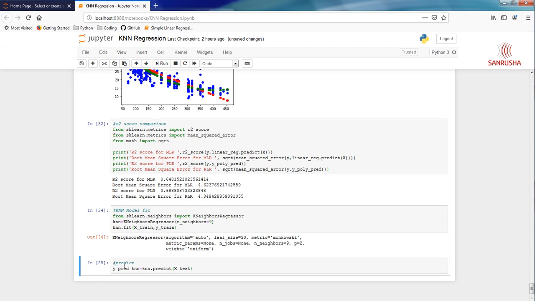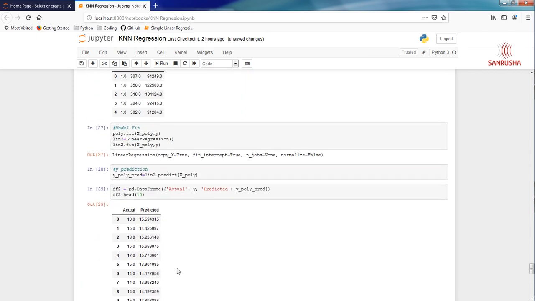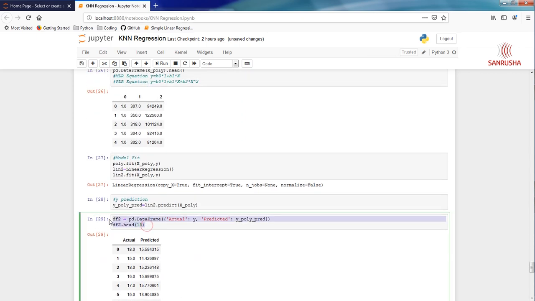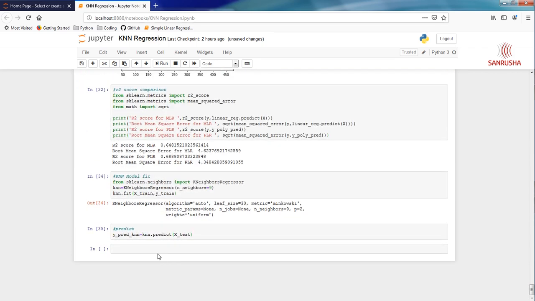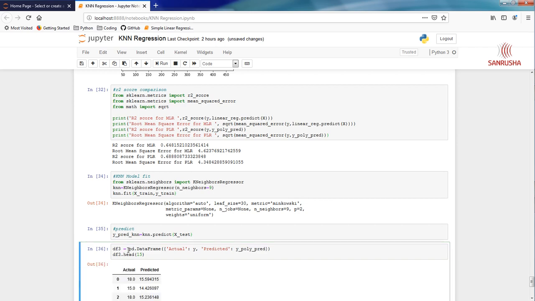Very easy, right? Awesome, we got the y predict values. Next we're going to compare the actual versus the predicted value. That's right here. Let's do df3 over here.